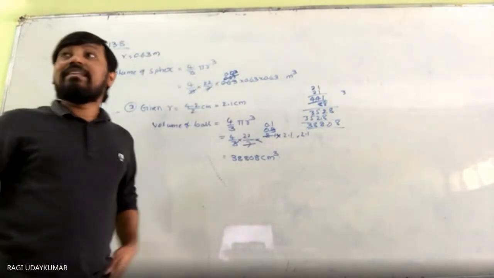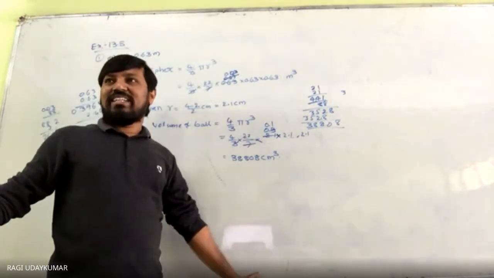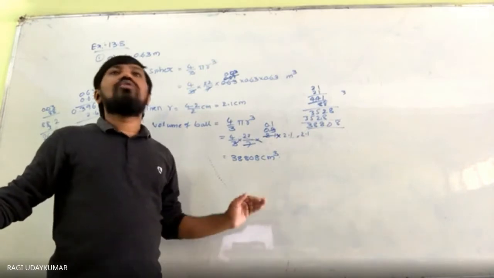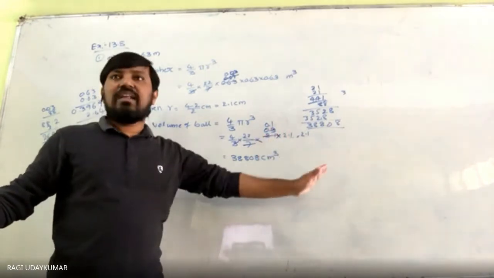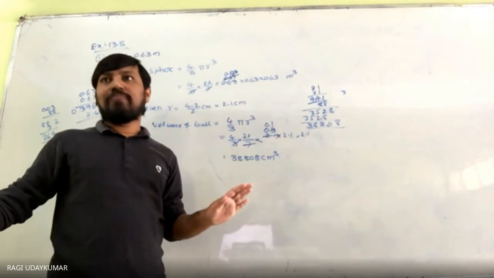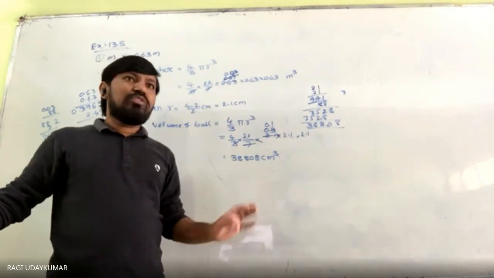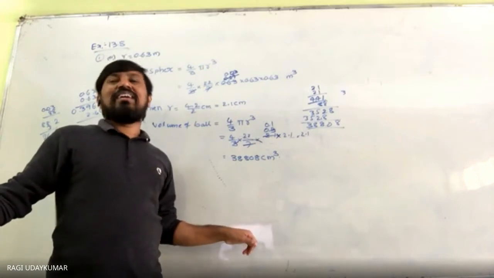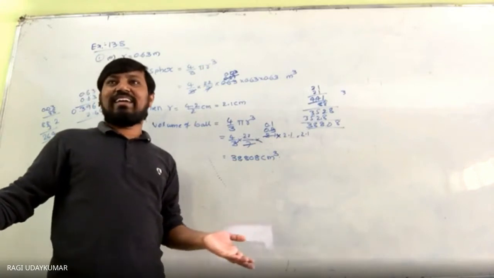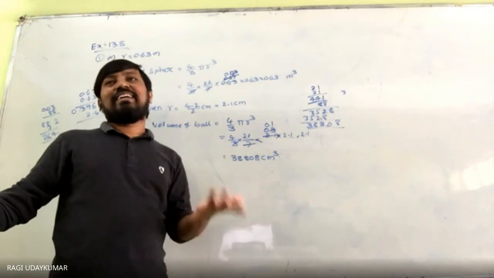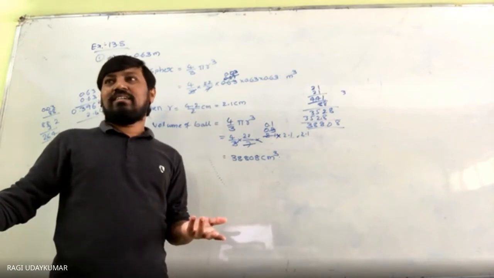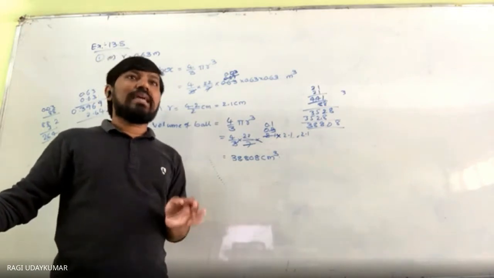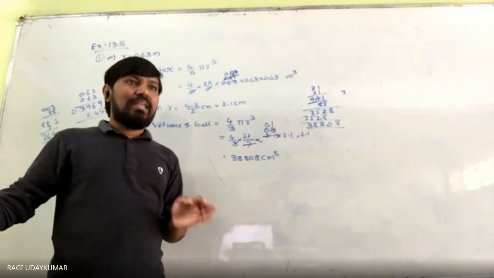38.808. See here why I am doing this one: because of how you can do it in a faster way, that one problem I am showing to you. Most students while doing notes will open the calculator since the mobile is in hand. Don't do like that. Don't use the calculator for simple calculations. Repeatedly I am saying to you.